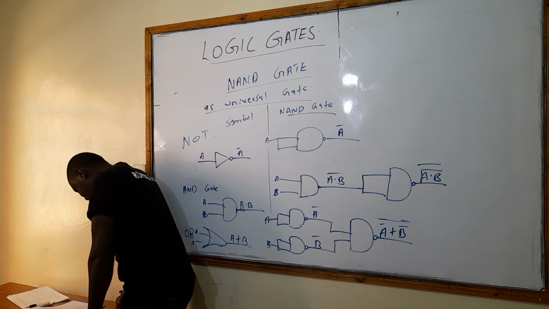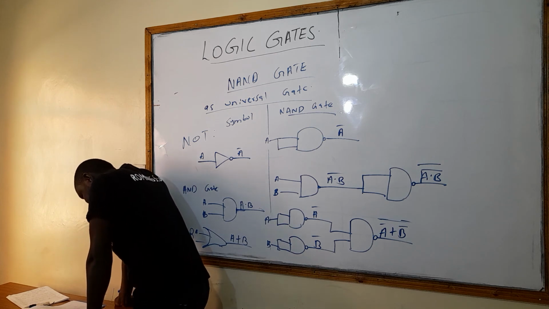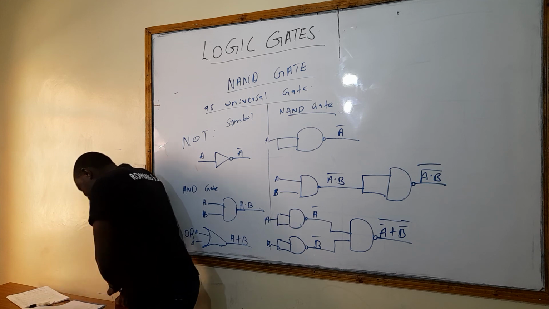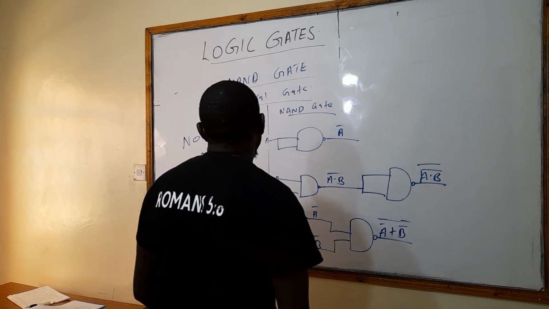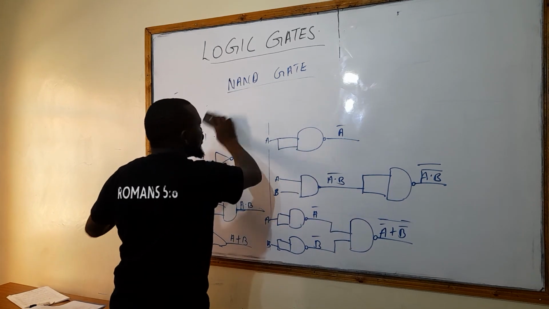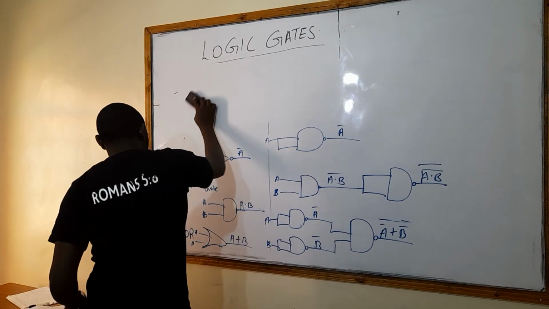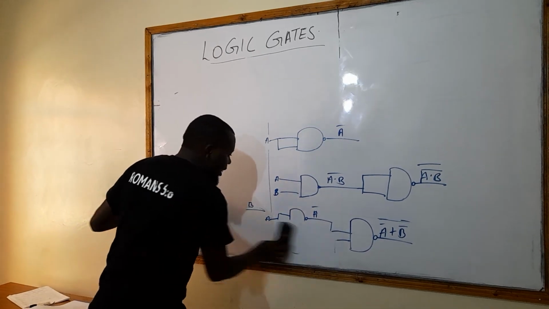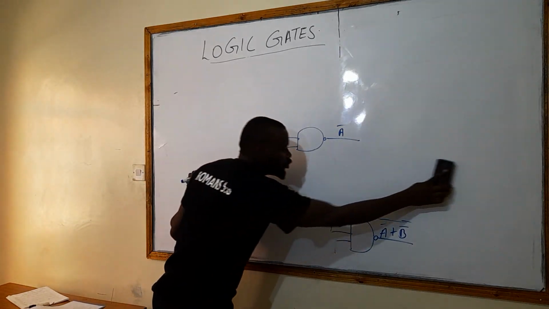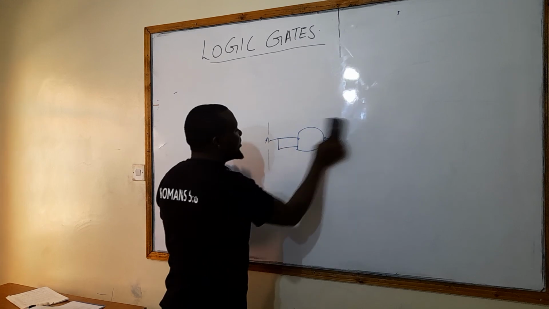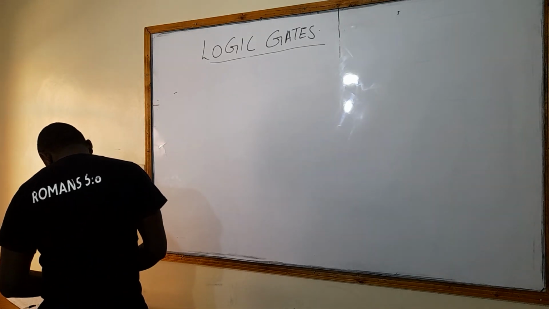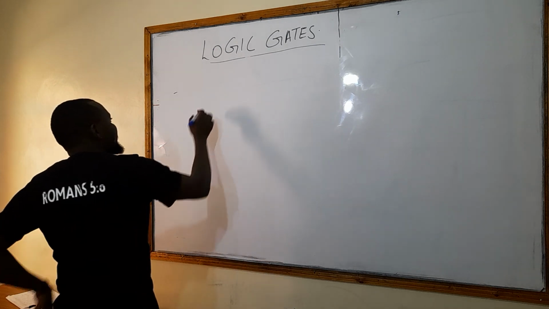Let us discuss the last one. The last thing that we are going to discuss is an XOR gate. Remember, you can also use a NAND gate to implement AND gate, OR gate, and XOR gate. Now let's talk of the exclusive